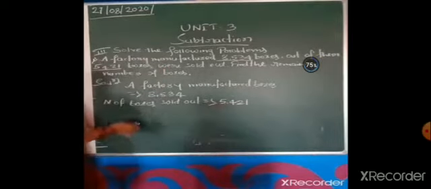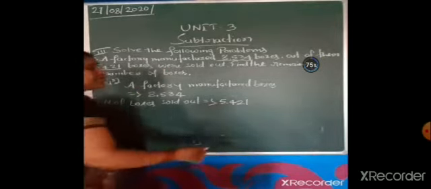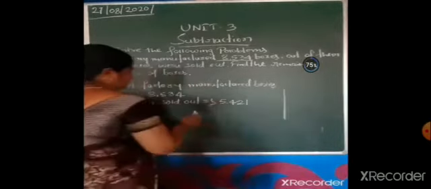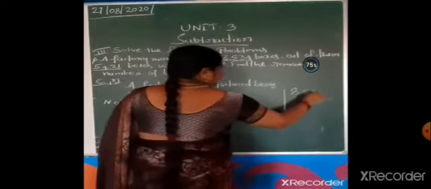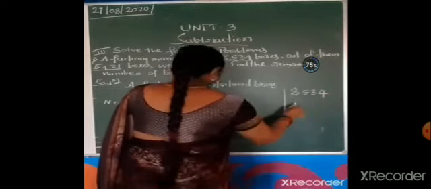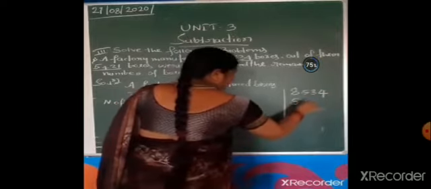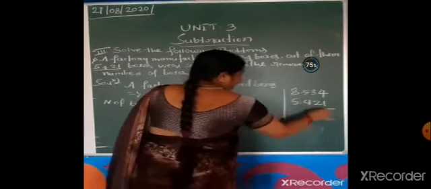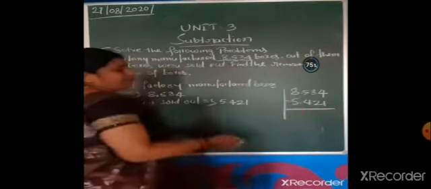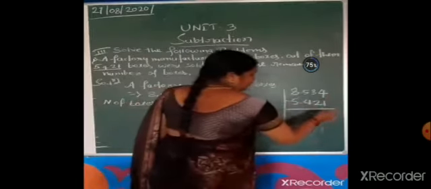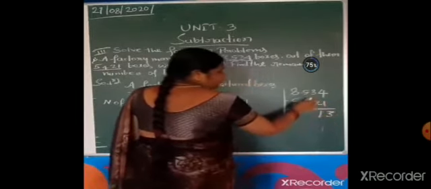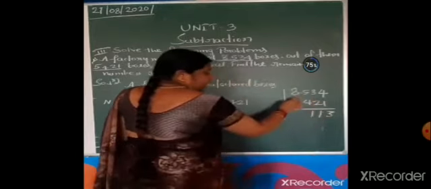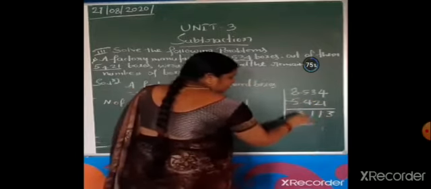So now you subtract 8534 minus 5421. We take a side rough. Write the first, big number, that is the minuend. The small number you should take, that is the subtrahend. Now you start the subtraction. 4 minus 1, 3. 3 minus 2, 1. 5 minus 4, 1. 8 minus 5, 3.